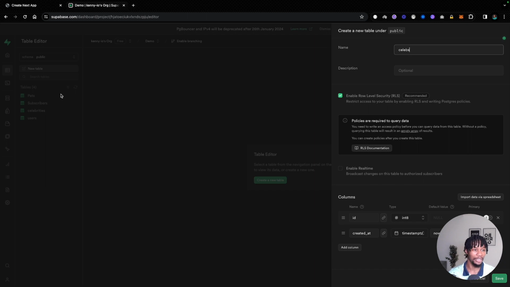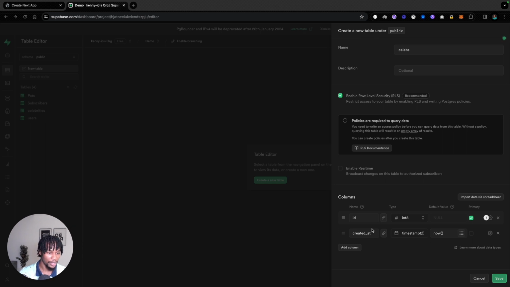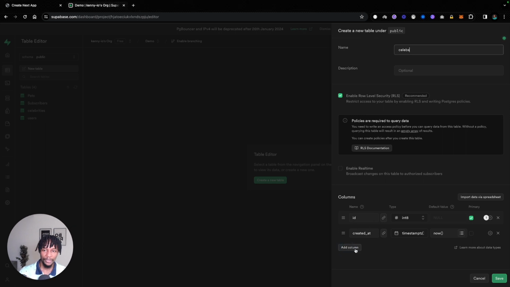Since I already have a celebrities table, I will leave the description. I will not enable row level security. I'm going to get my face out of the way. And then we've got ID, created at, so I'm going to add more columns. So these columns will match the same columns that we have in the celebrities array locally. So I think we've got first name,